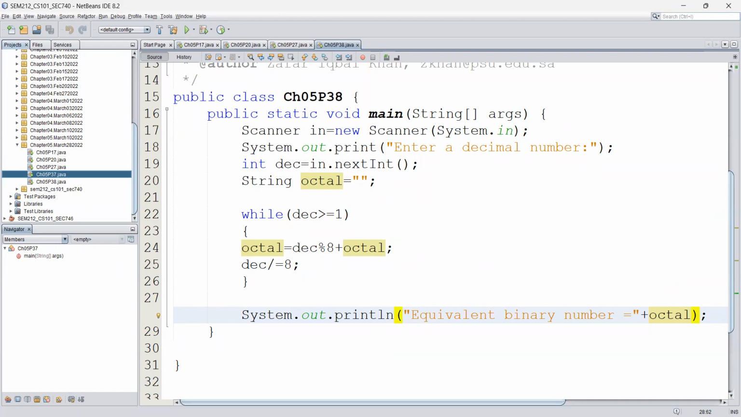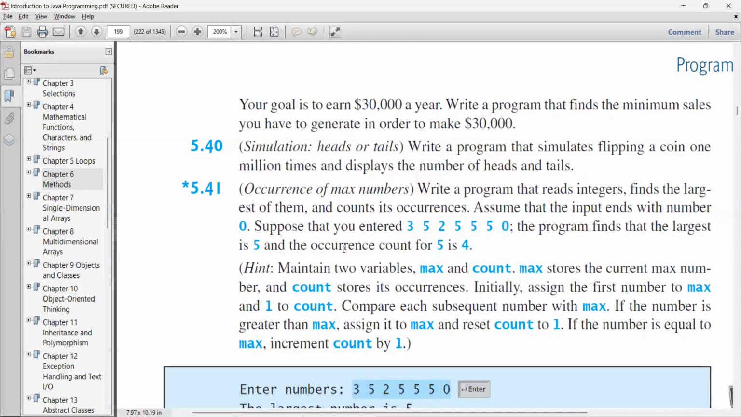Well, let's go to the next program. Simulation of heads or tails. Okay. Well, it is a simple program, but still I will take